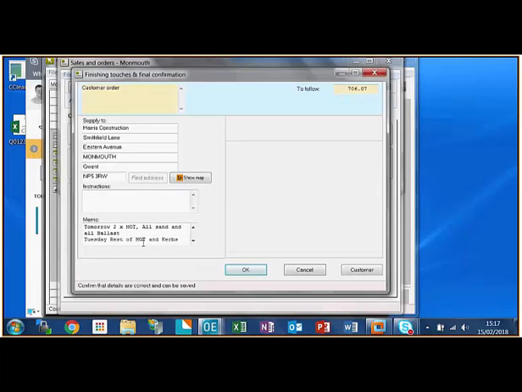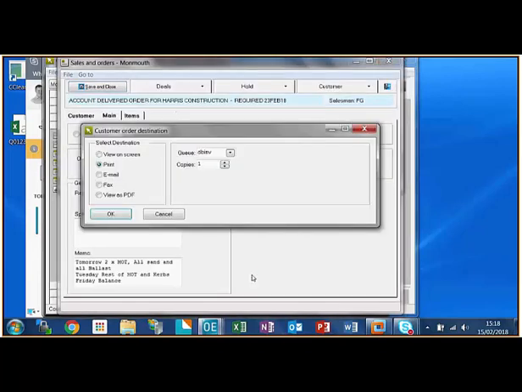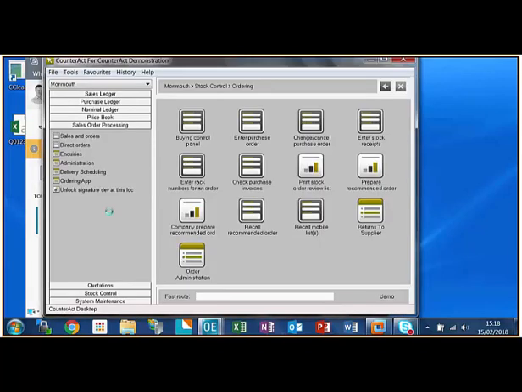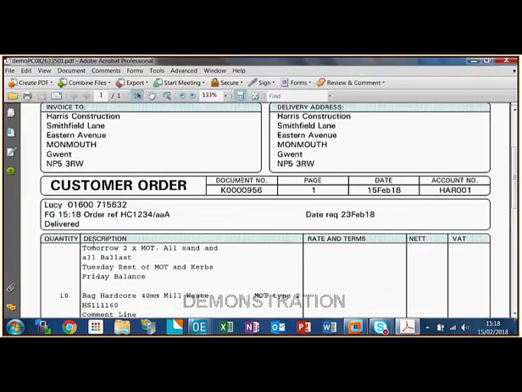You can see that's pulled through that memo comment in here. What it's also done is pull through this supply to address from the invoice address. Again, if you realise that you're having it delivered somewhere else, you can change that. I'm going to leave that as it is and press OK on there. And again, exactly as before, I'll just view PDF to show you my order. So there's my customer order. It's got that comment at the top, so you can give that to your transport guys so they know what's to be delivered. So what we're going to do is split that order and deliver the first lot of stuff